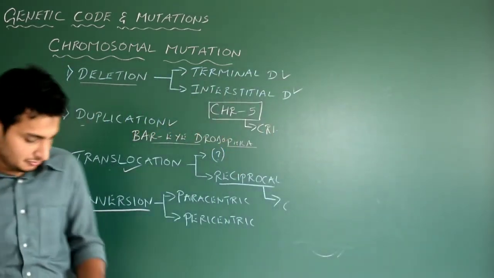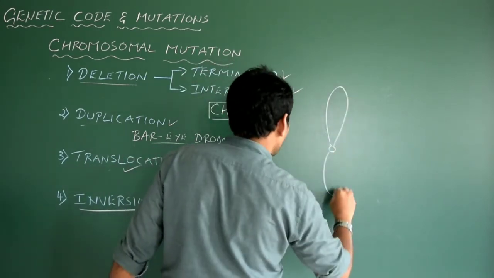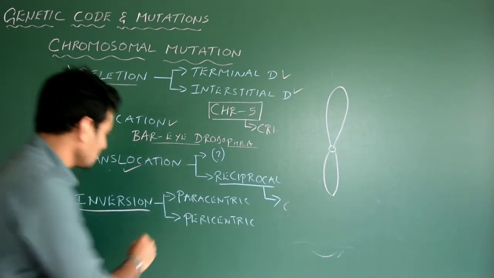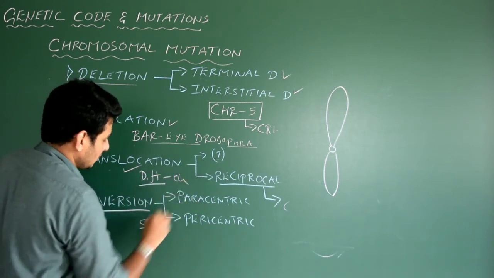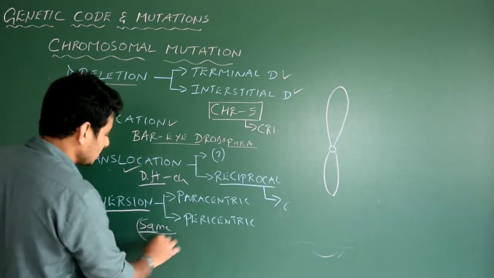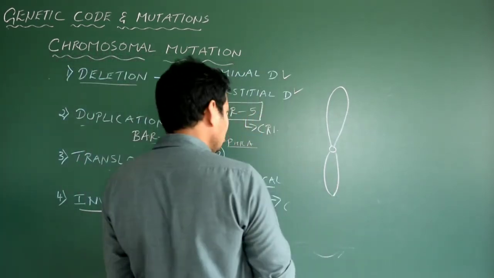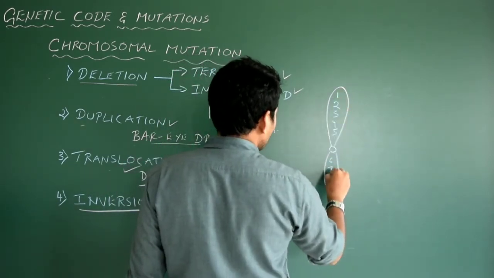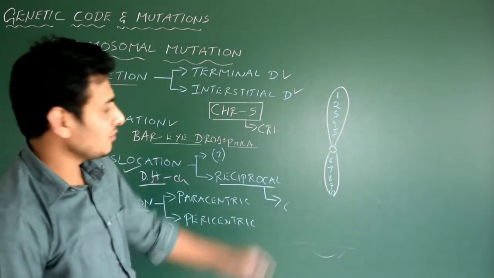Okay, so we write one chromosome. Now, this inversion is taking place within the same chromosome, unlike the previous case with non-homologous chromosomes. In this case, the chromosomal aberration is taking place within the same chromosome. Okay, so this is now the chromosome. Let me number it: 1, 2, 3, 4, 5, 6, 7, 8, 9. Okay, we'll write one more. How many genes are there? 10 genes are there within the same chromosome.